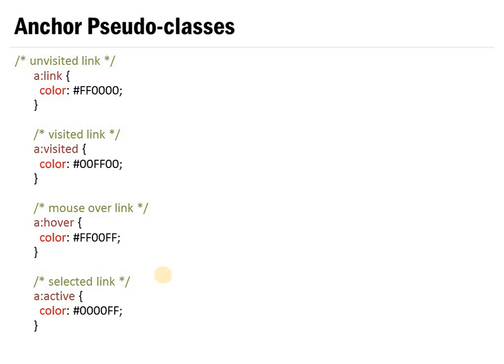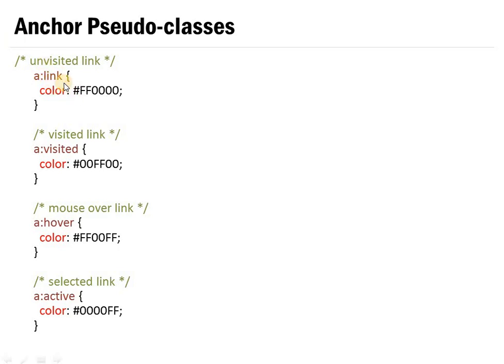Now this is a pseudo class related to your anchor tag. Okay, anchor, that means hyperlink. It can be a link, visited link, unvisited link, mouse over related link, or it can be an active link. Okay, like that. Now you can see that this is our HTML element tag. After that, without space there is a colon, without space there is a pseudo class. That means before and after the colon there is no space. Okay, be careful about that, otherwise it will not work.